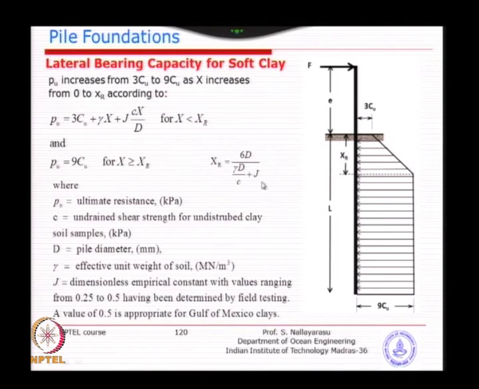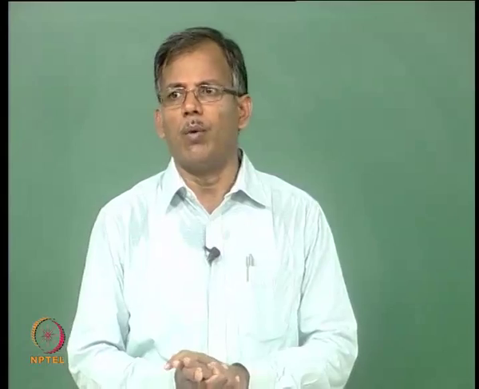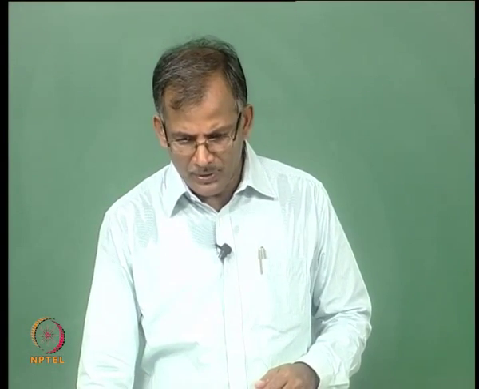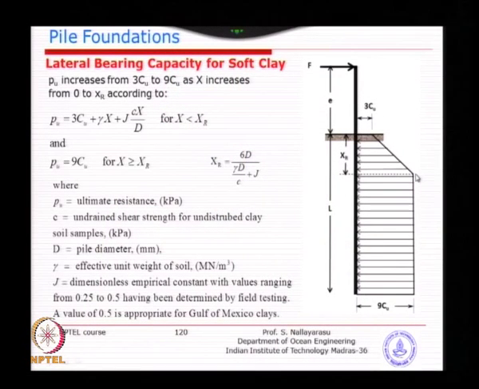So, the influence of J is actually minimum. What influences to a larger extent is the diameter of the pile. So, the initial depth of certain, say 3 diameter, 4 diameter, which we were talking about, I think one of the assumptions earlier was 1.5 diameter with no strength taken, whereas in this case the API do take some strength, but reduce the value from 3 Cu up to 9 Cu for a depth XR. Typically it will be around 5 to 6 diameter. So, that is the idea.